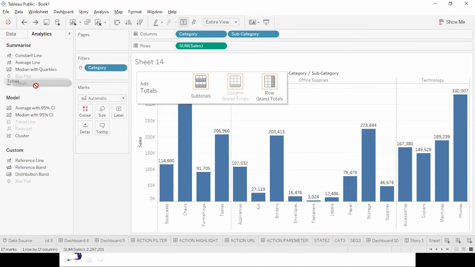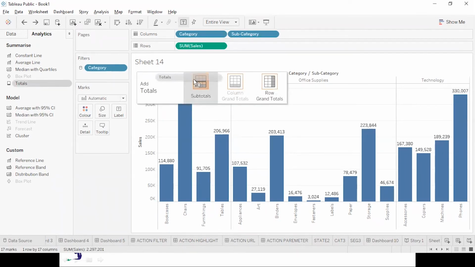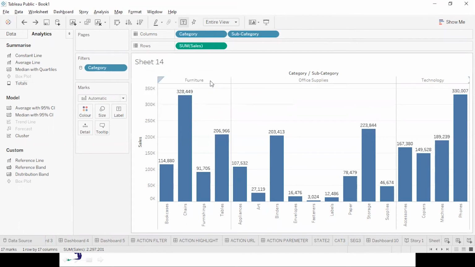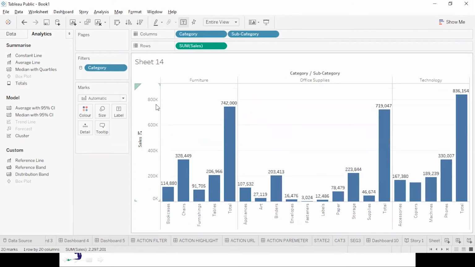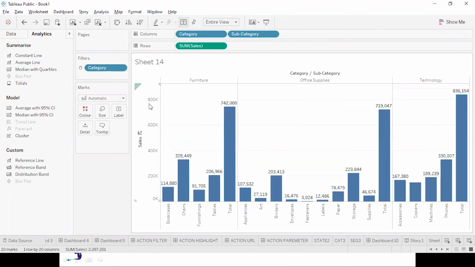If I add the subtotal over here, just look at it, it is going to 800,000. If you notice, 350,000, now it is 800,000. So obviously the bars will become smaller.